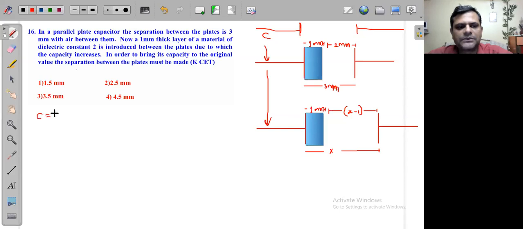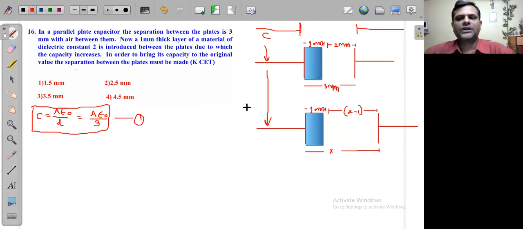तो हम बोल सकते हैं it will be C is equal to A into epsilon naught upon D, where D is going to be 3 millimeter here in this case। Okay, so here we can say that this will be A into epsilon naught upon 3, but don't forget that this 3 is going to be in millimeter। Okay, so this is the original capacity here, you can call it as equation number 1 here।